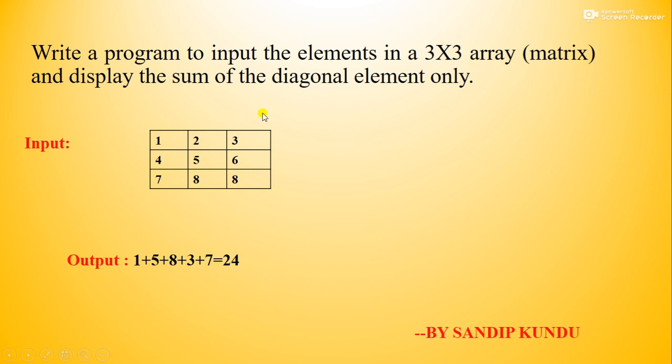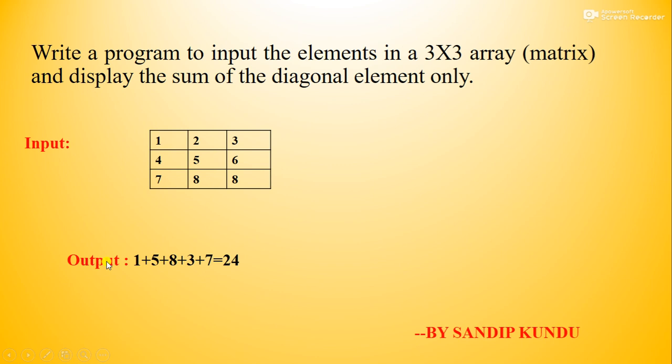Diagonal elements, in the sense, if the user has entered a 3 by 3 matrix like this, as the question says, 3 rows, 1, 2 and 3, and 3 columns, 1, 2 and 3. So this is a 3 by 3 matrix. If the user enters from the 0 0 position 1 2 3 4 5 6 7 8 9, like this, then the sum of the diagonal elements means 1, 5 and 9. So 1, 5, 9 are the diagonal elements, and 3 will be considered, and this will not be repeated, and 7. So these are the diagonal elements.